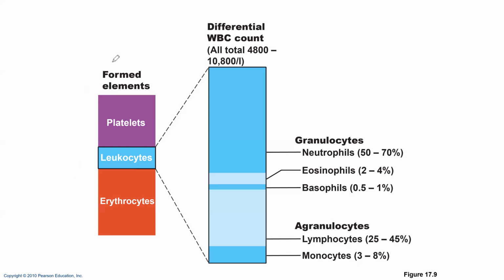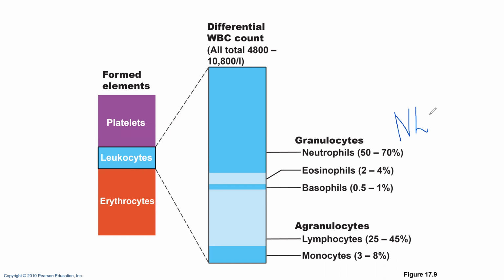Now over here, you see our formed elements. Your blood, I want to remind you, is made of plasma and formed elements. And formed elements include erythrocytes that we already covered in the previous lecture, platelets, and here's our leukocytes. Now we have different types of leukocytes, and you don't need to remember those numbers, but you need to remember their relative concentration. And there is a mnemonic to remember it, and the mnemonic says never